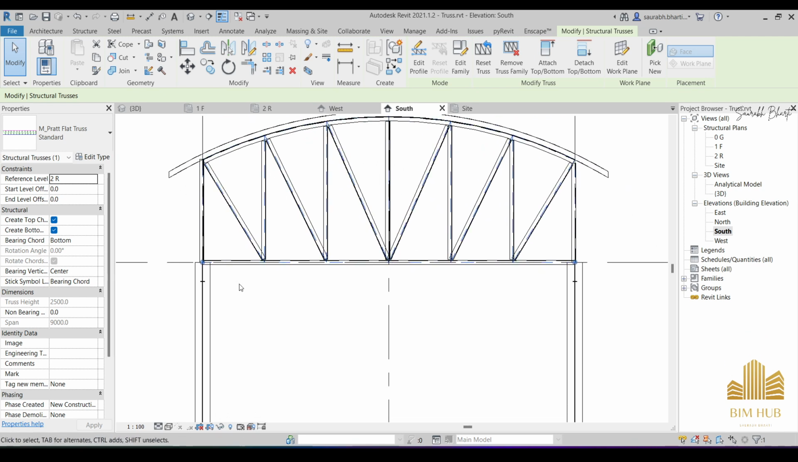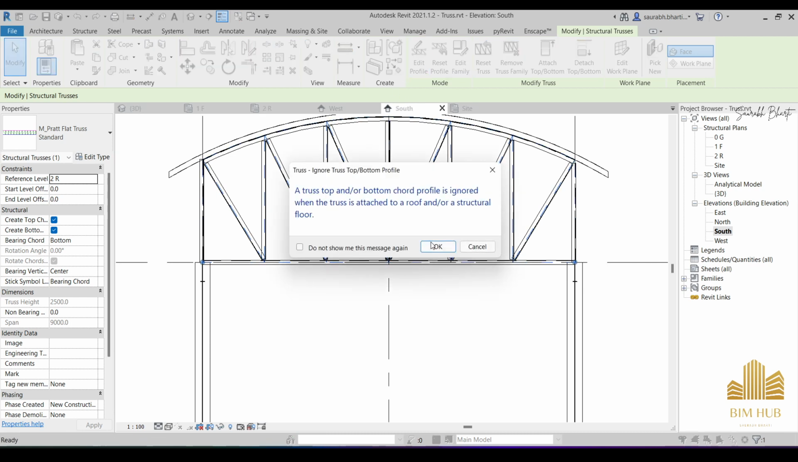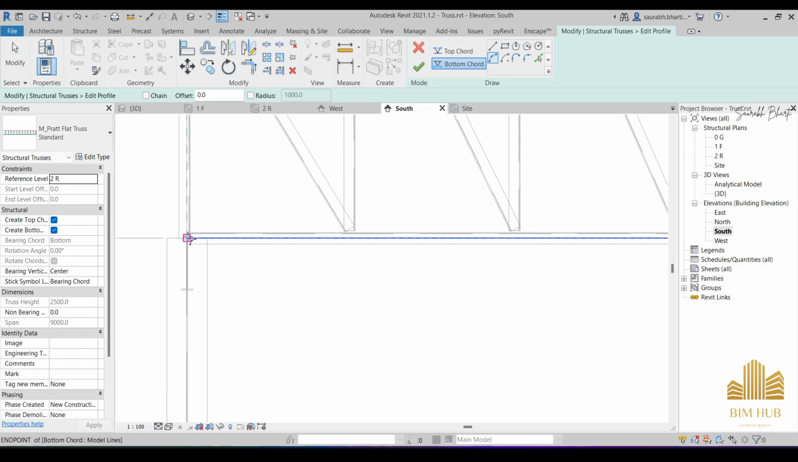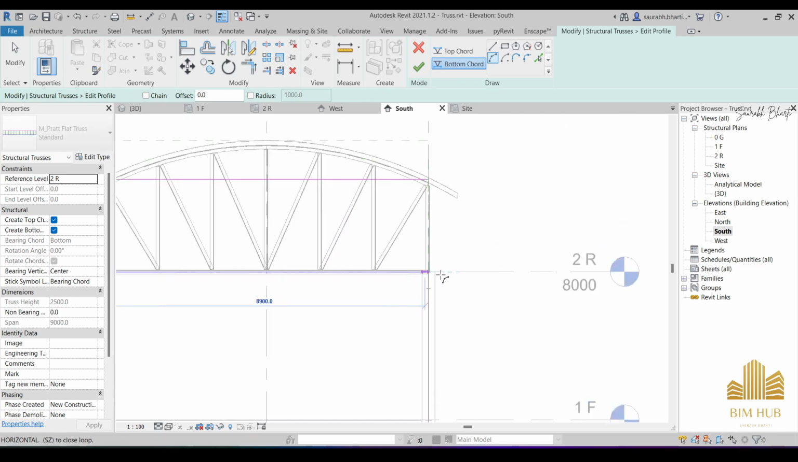After that, what if you want to make the changes on the downside also? For that, what you have to do is select the truss first, then go to edit profile and press OK. And now we are going to make the changes to the bottom chord. The top chord has been attached to the top of the roof. So now we are going to make the changes to the bottom chord. For that, you can select the bottom chord option over here, then go to start and radius arc and select your starting point, select your ending point,